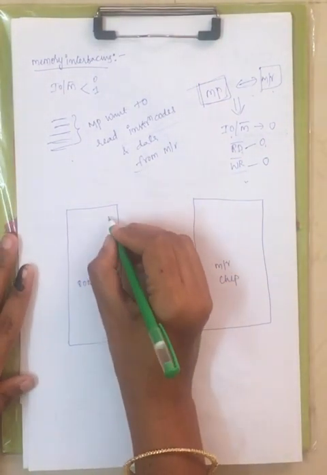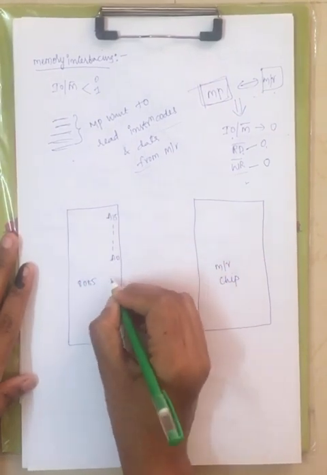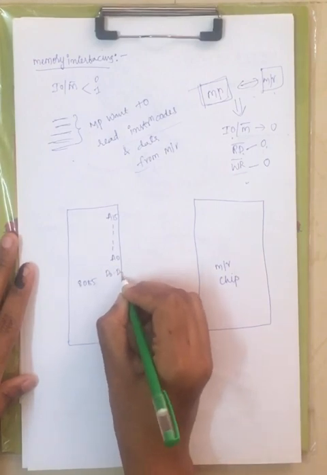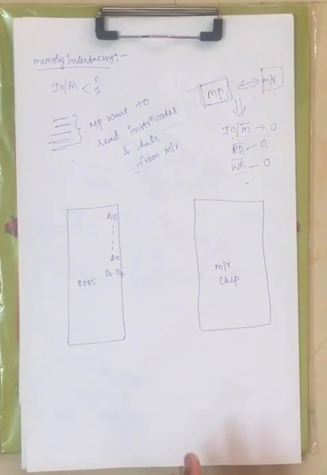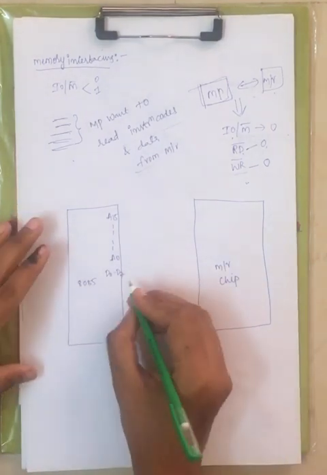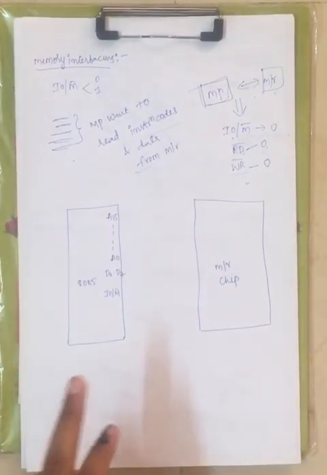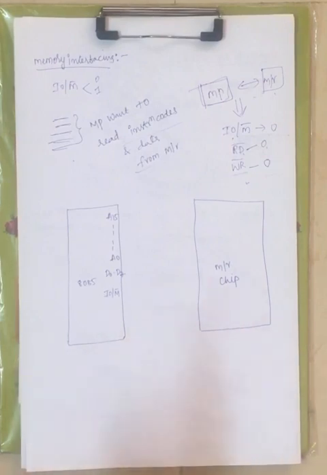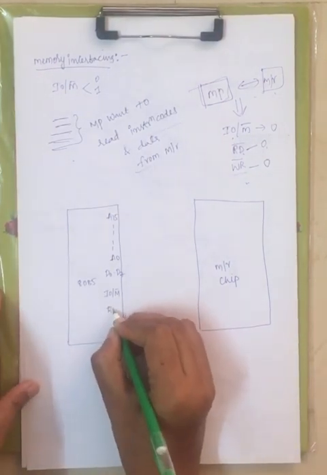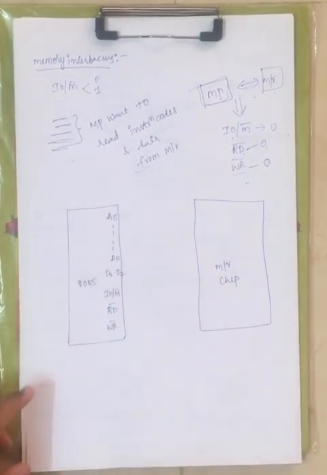Now how many address lines are there? Total A15 to A0. The data lines are D0 to D7. Address lines are always required to carry the address, and data lines are used to carry the 8-bit data, since it is an 8085 microprocessor. Besides this, IO/memory bar specifies whether it is an IO operation or memory operation. In order to read the data we will use the read signal, and in order to write the data we will use the write signal.